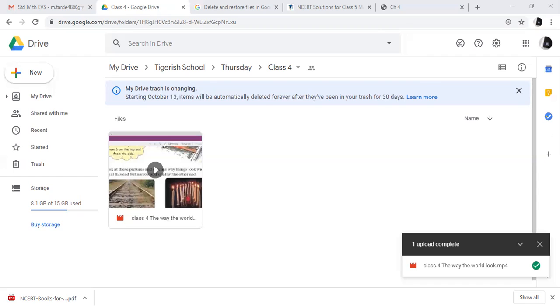This you have to do on your own. I'll just read it for you and make you understand what they have done. Equal parts of a triangle. Now they have divided a triangle and asked us to fill 1/3 part with a different color. Take any color you want. Color 1/3 part. Remember, 1/3 means what? 3 parts are there. Only one part of that triangle you have to color in a different color.